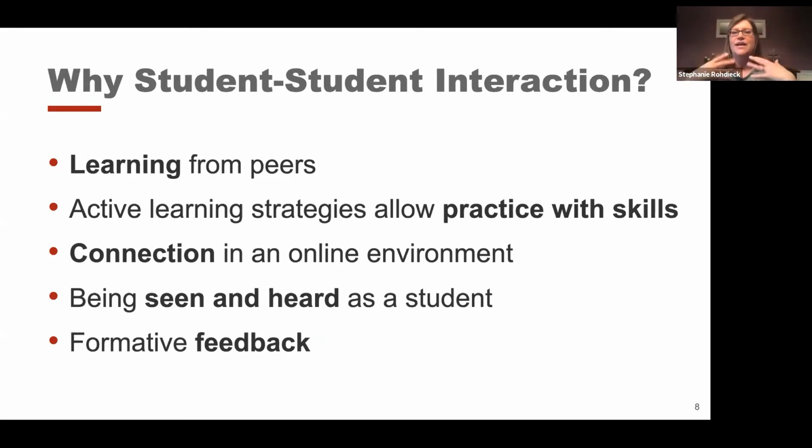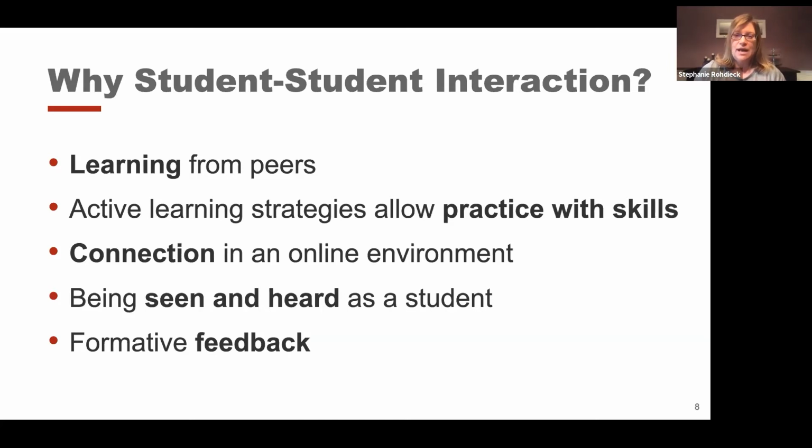That they're not just hearing from us or reading material, but they're getting a chance to do more than just write an assignment or do an exam for you, but actually engage with the material. Engaging with each other is the way that we know many students, and many of us as humans, learn quite well. So if we're going to be doing this part in the online environment, we want to connect with students, and we want students to feel like they are seen and they are heard.